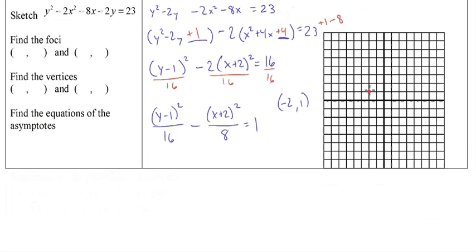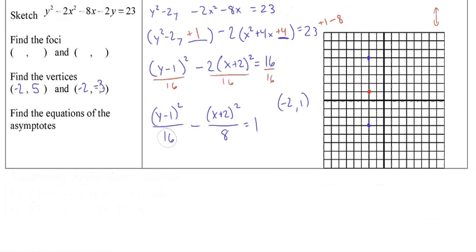And actually, let me go and do that in red. So negative 2, 1. Now, where are our vertices? Again, we talked about this being opening up and down because y is the positive value. So our vertices are going to be up 4 from there, so 1, 2, 3, 4, and down 4, 1, 2, 3, 4. That's the square root of the denominator here. And so the exact locations will be negative 2, comma, 1, 2, 3, 4, 5. Negative 2, 5 is that top one, and negative 2, negative 3